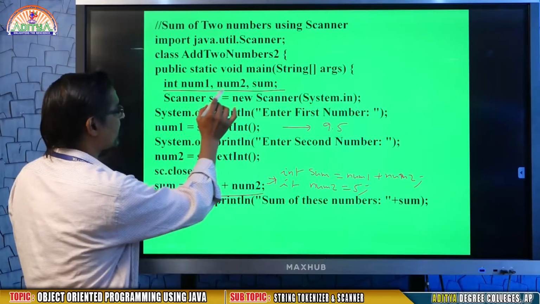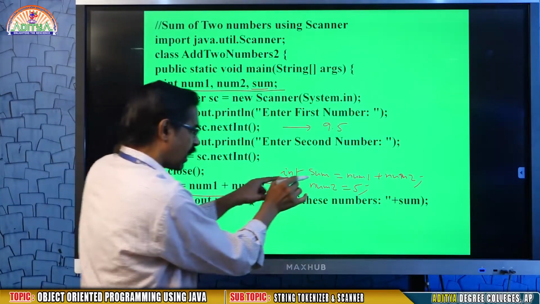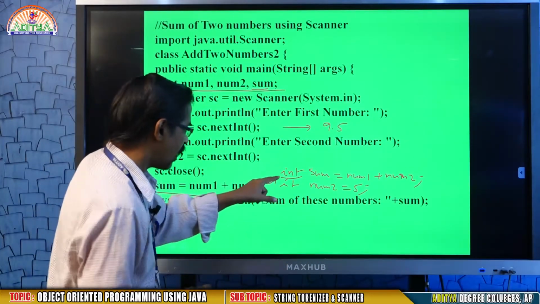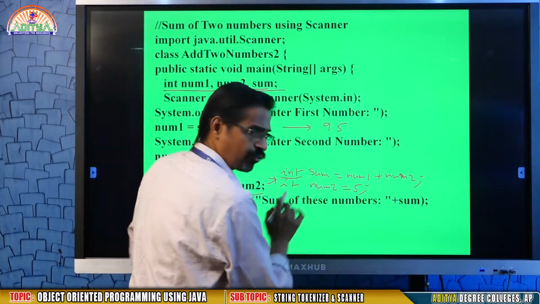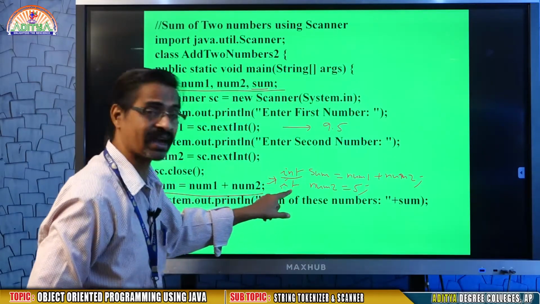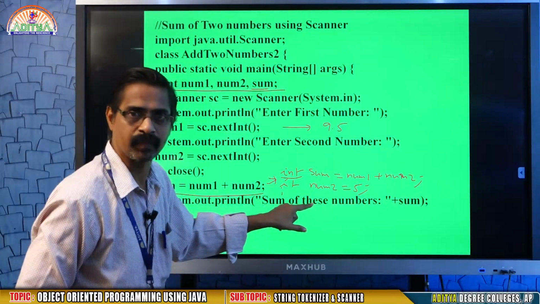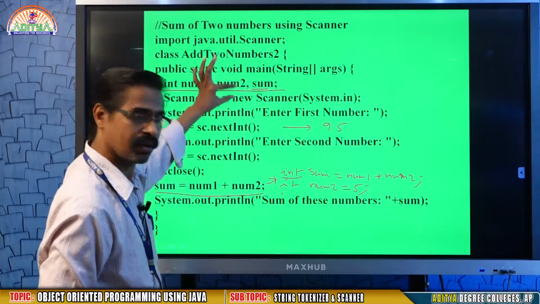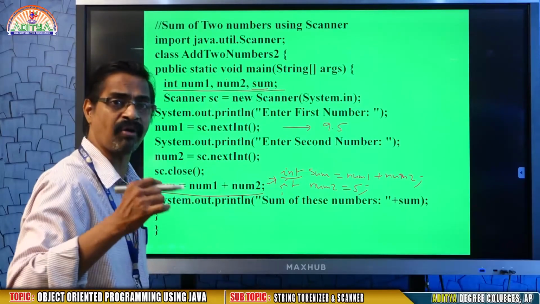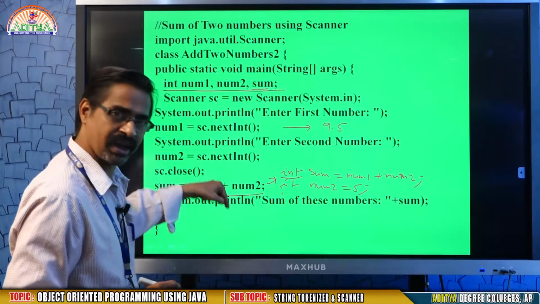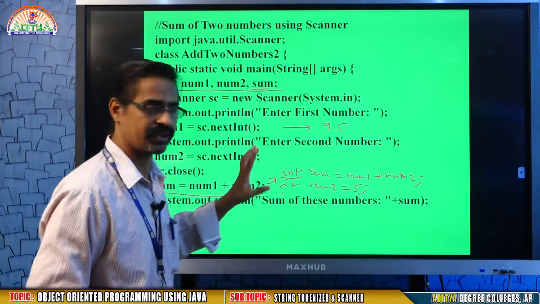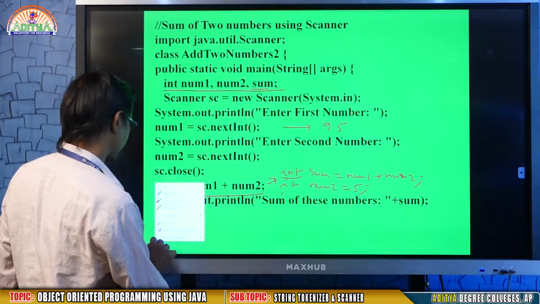Here I am using sum. That's why I defined sum here. Here I am using sum to hold the value. Here I define int. Nothing happens. Here, after the first time I define int num2 equal to 5, assume that num2 is already defined as integer. That means you are again trying to declare it, so it is going to give you an error. In case num2 is not defined earlier, you may define it here. But remember, Java is a free form of declaration. That means at the spot where you are using that variable, in that place you define it. That is the facility supported by Java. Okay.